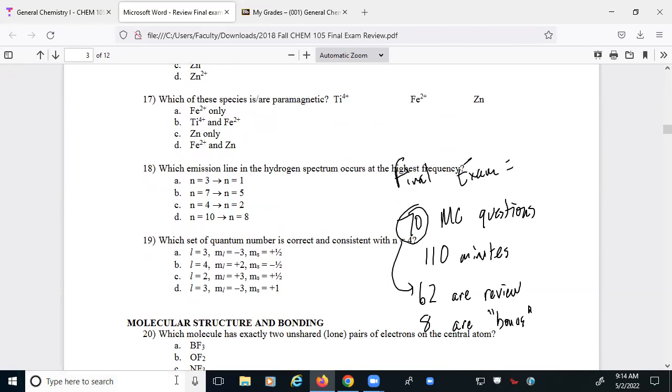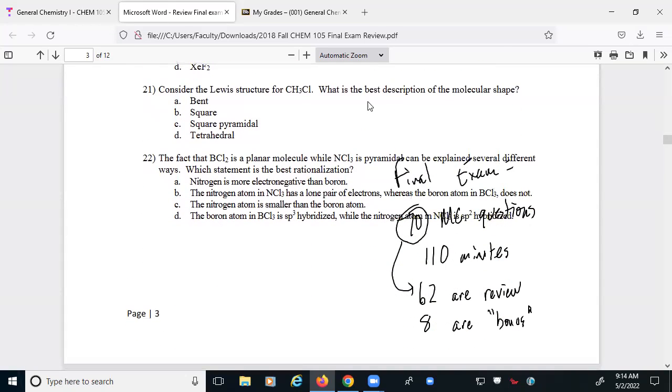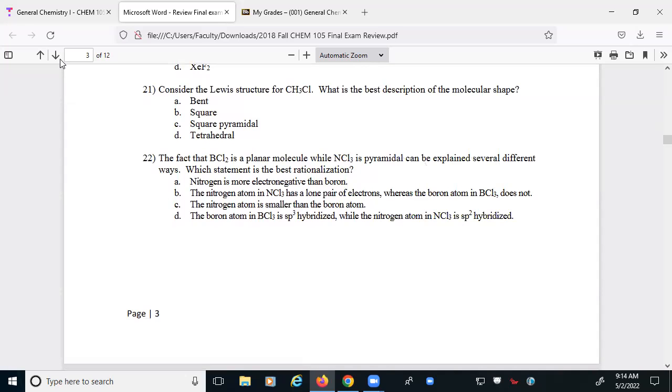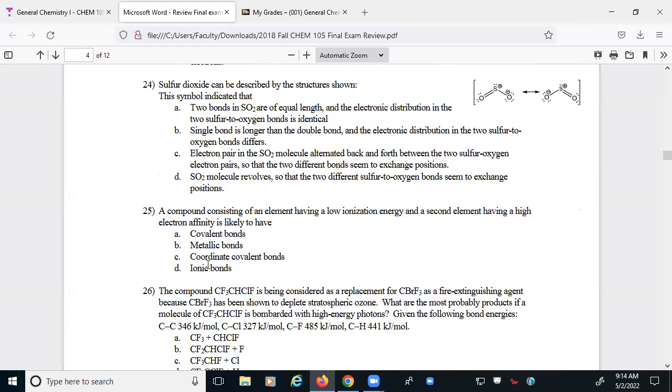We're going to get into molecular structure and bonding, where this is primarily Lewis structures, VSEPR theory, being able to evaluate drawings, polarity, resonance,